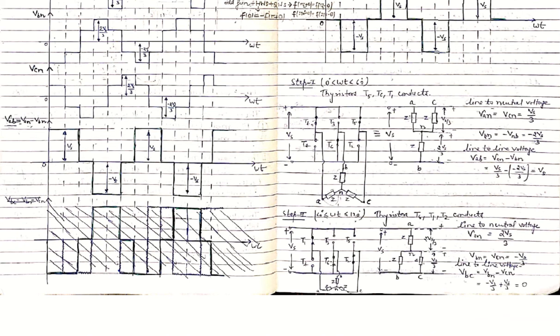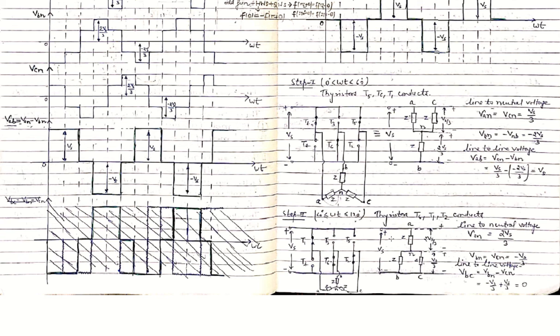So in this case, two thyristors, that is T6 and T2, are connected to the negative supply through phases B and C, and this A phase is connected to the positive supply voltage through thyristor T1. So we will again draw this diagram. Then this A phase is connected to the supply voltage polarity and ends up at the neutral point, but the B and C phases are connected to the negative potential of the supply voltage.